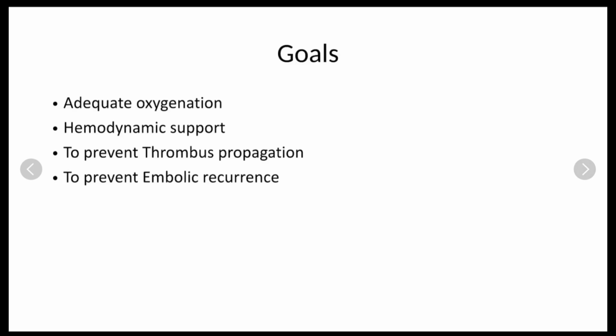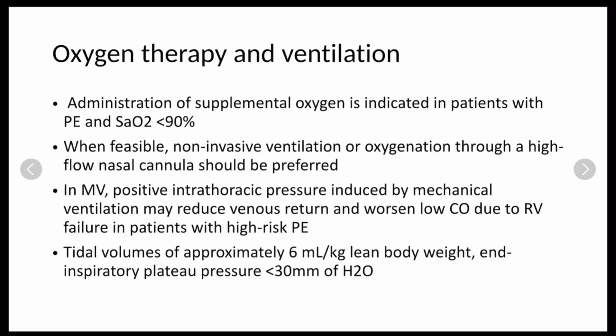Then we come to the management part of this pulmonary embolism. So first, what are the goals? Adequate oxygenation should be there. The patient should be hemodynamically stable. We should give hemodynamic support to the patient, prevent thrombus propagation, which has already developed, and prevent emboli recurrence. So oxygen therapy and ventilation: administration of supplemental oxygen is indicated in patients with pulmonary embolism and